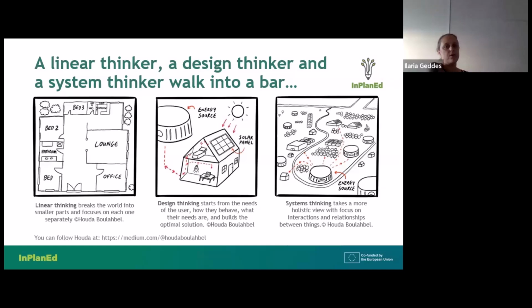So examples of systems thinking, I'm not actually 100% sure, but I think maybe the concept has been applied a lot in public health before urban planning. You see many solutions developed through linear thinking that initially work, but then lead to more problems. Bacterial resistance is one of them. We develop antibiotics, they solve one problem, but then bacteria become more and more resistant, and then we create stronger bacteria and we cannot fight them anymore.